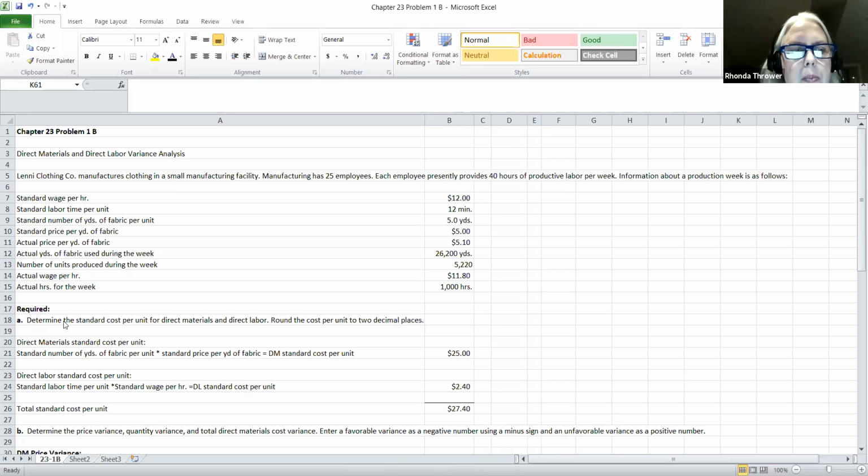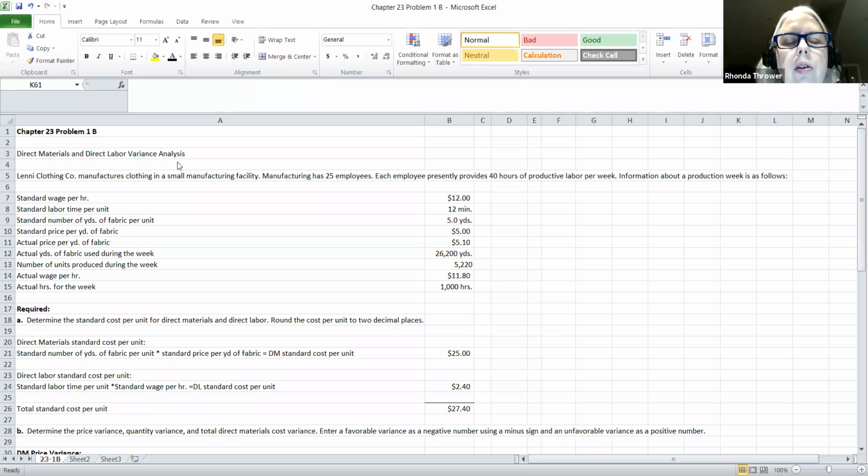What I've done is I've copied from Cengage the given information for this problem, but I wanted to use Excel this time because there's a lot of calculations in this problem. So with Chapter 23, Problem 1B, what we're going to be looking at is direct materials and direct labor variance